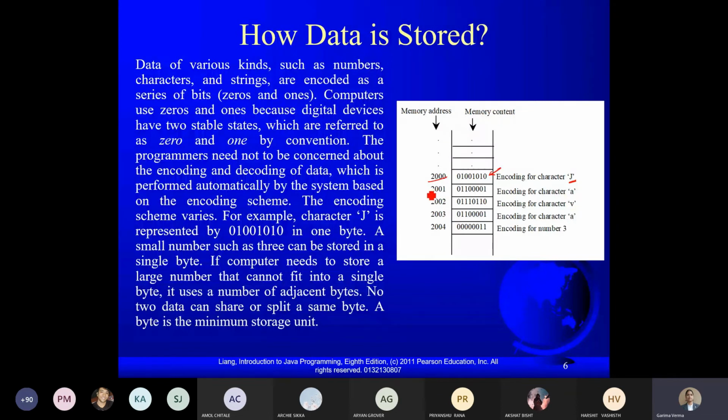Whenever you try to access any data, your control unit will generate the address for that particular data by searching for it, and then it will read that data from that address. Fine. So in this way your memory works.